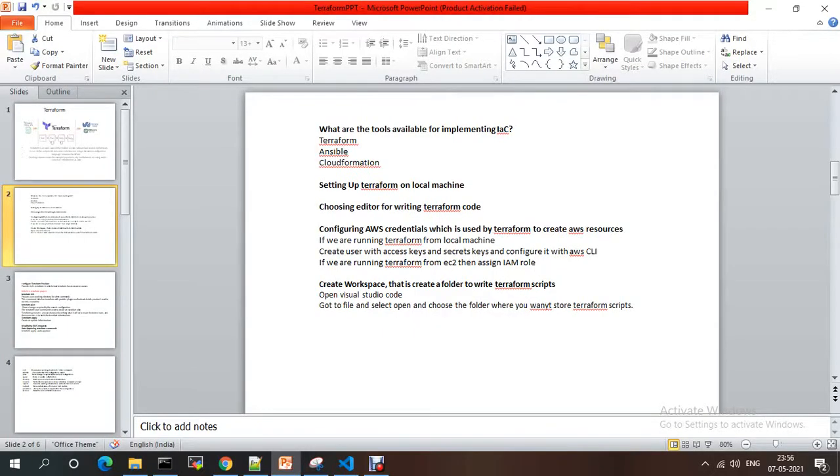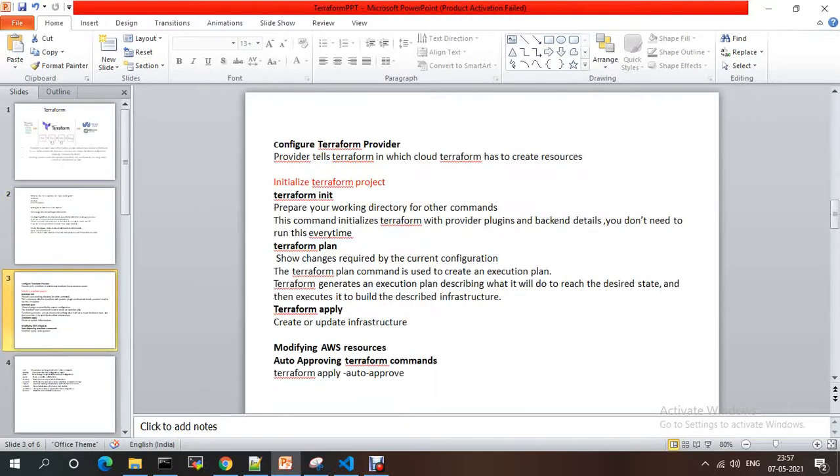I already created the workspace. To configure AWS credentials, which Terraform uses to create AWS resources: if you are using Terraform on a local machine, you just create the access key and secret key ID using the AWS CLI. If you are running Terraform on EC2, you just need to attach an IAM role. Now configure the Terraform provider.